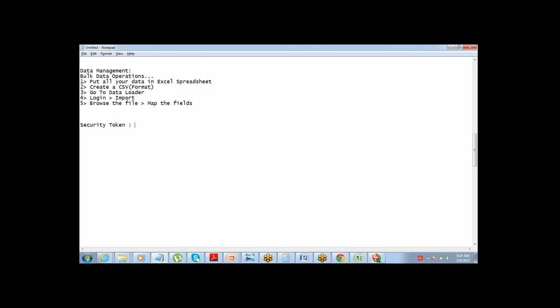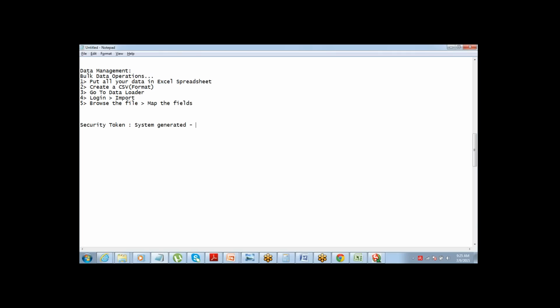The security token is system generated, a 21 digit alphanumeric key which the system generates, and it's required to be combined with the password to log in to Data Loader.